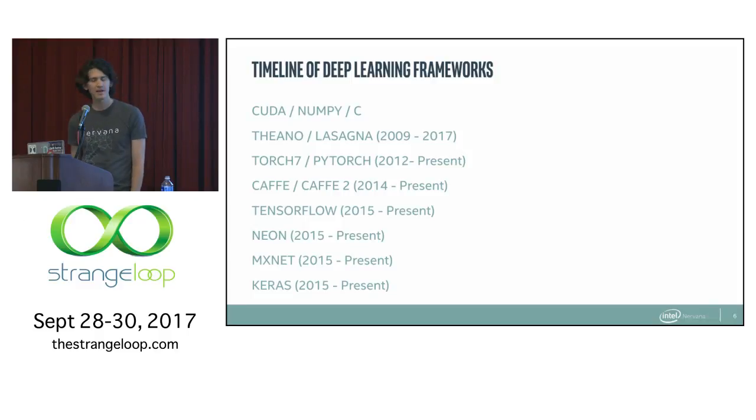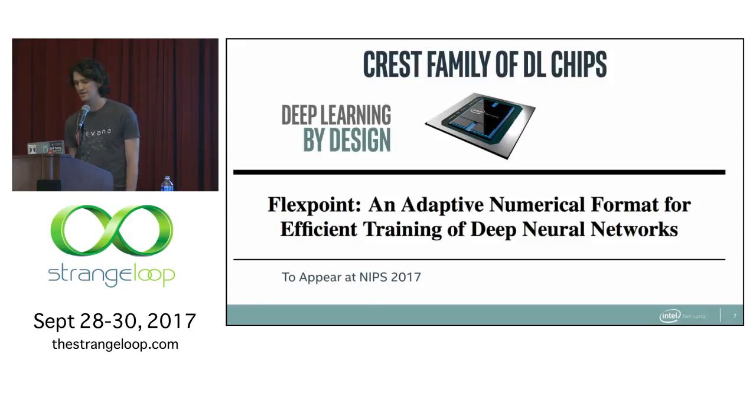As well as there being a lot of different types of software, new back-end devices are appearing. A project that I've worked on is the Crest family of deep learning chips from Intel. This is a GPU accelerator that's going to appear in the future from Intel, and it's been designed from the ground up for doing deep learning. It's very good at achieving high performance in terms of matrix multiply operations, the core operations that you would be using in a deep neural net.